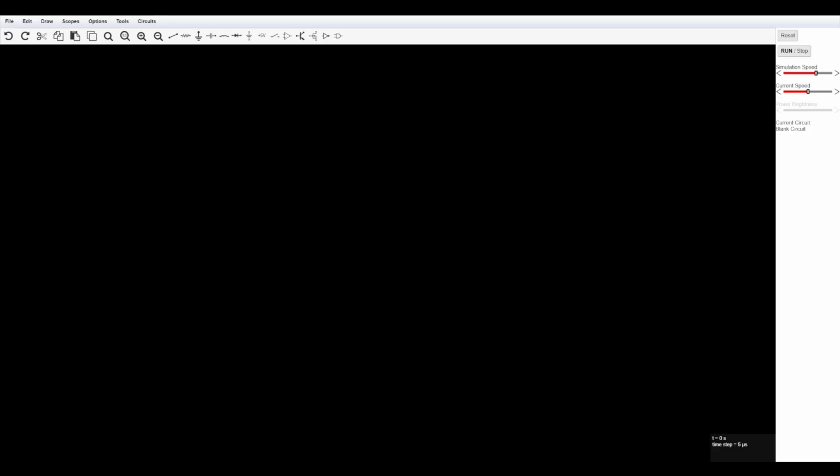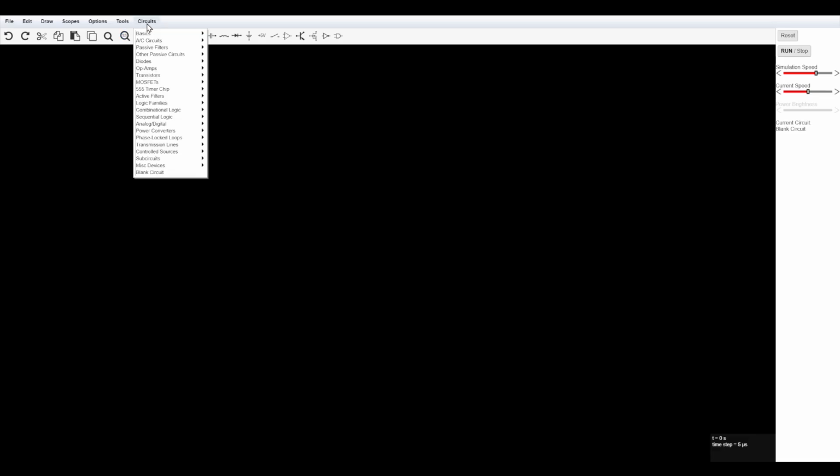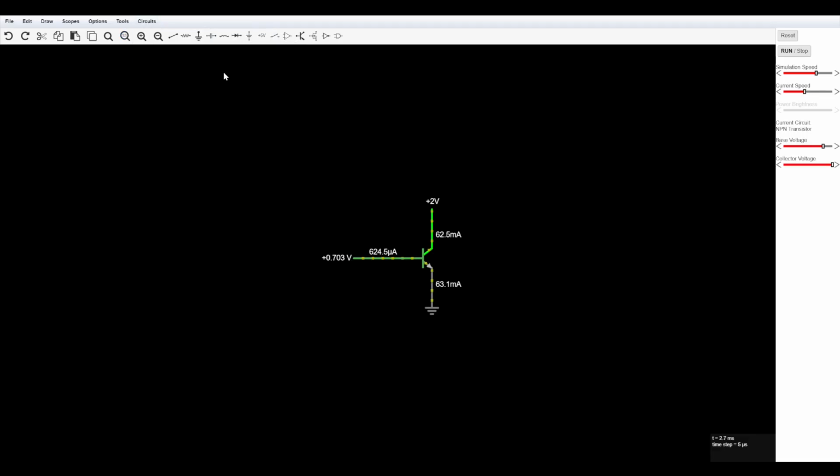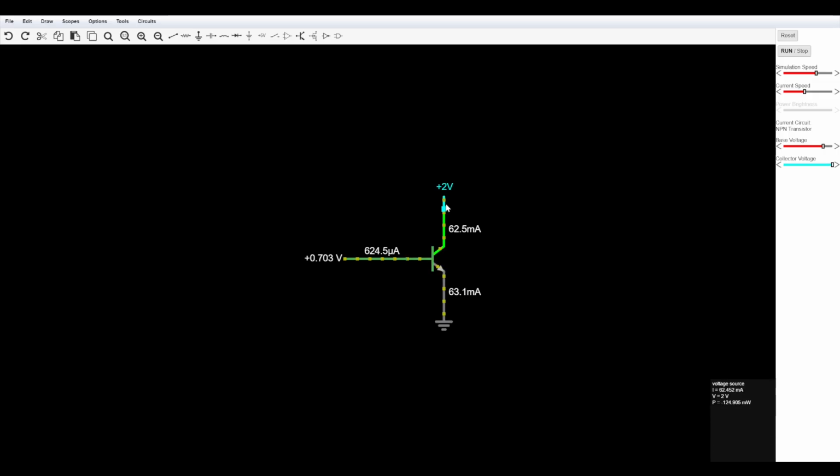All right, let's see some stuff with BJTs in Falstad. So transistors. The basic thing is using hundreds of microamps to drive an order of magnitude of milliamps, actually far more than we would need. And this is only 2 volts here. Still have to drive down the milliamps, I think, but